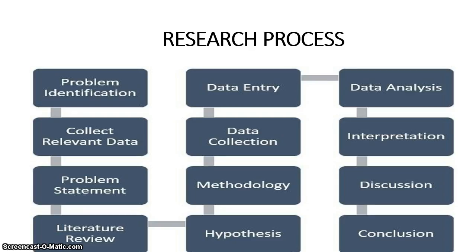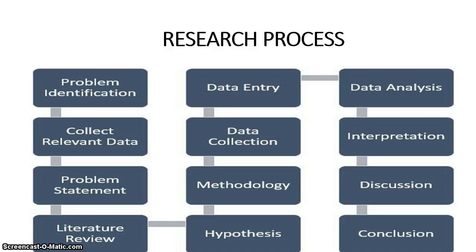The first step in research process is to identify the problem or what are the issues that you would like to explore or what are the things that you would like to know from your research. That is known as problem identification. If there is no problem or there is no issue, why do you need to do research? In academic research, you must know why it is a significant issue to be investigated or a problem which is worth to be